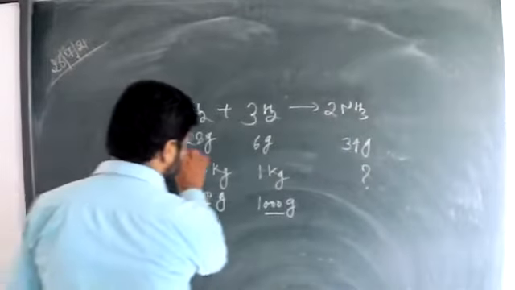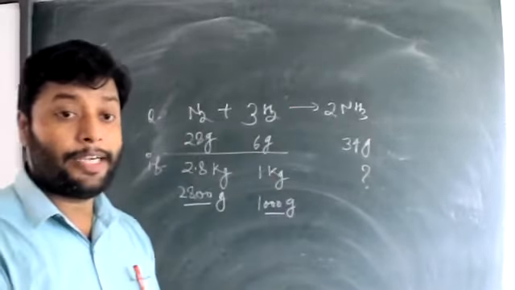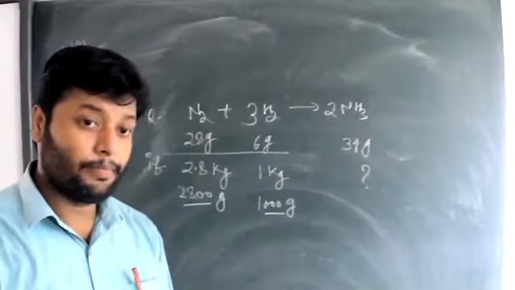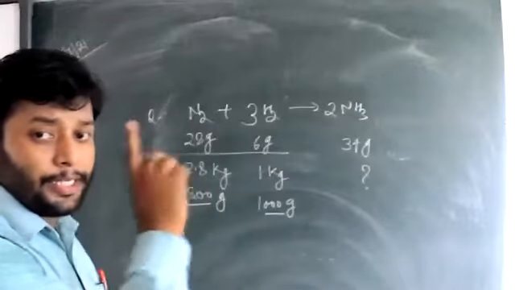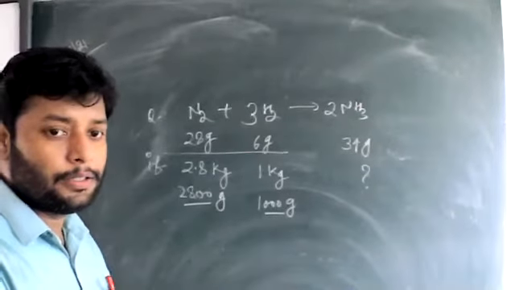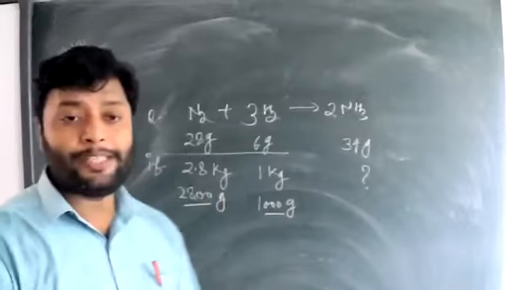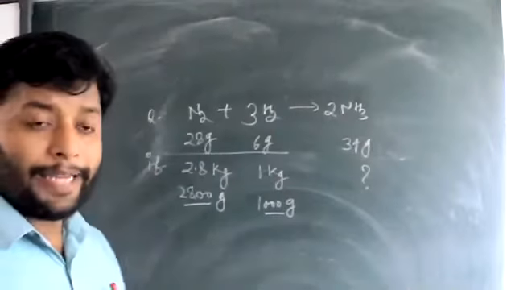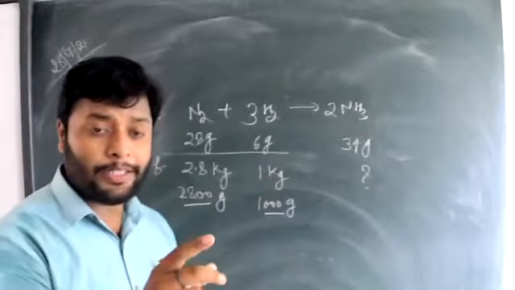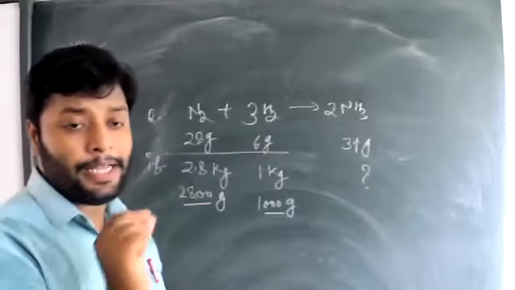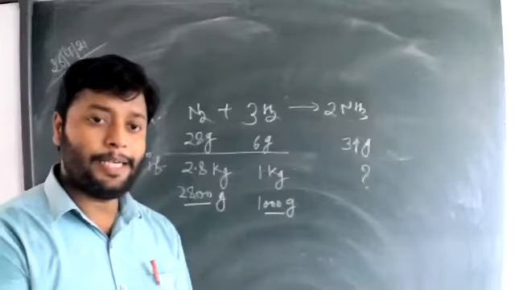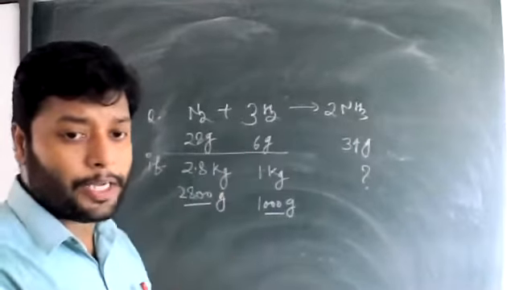So first, look at the concept. 6 gram of hydrogen requires 28 gram of nitrogen. Class, first you have to find out which one is the limiting reagent. I always try to explain during the calculation based on the equation. First you have to find out which one of them is the limiting reagent, because that will decide the quantity of product.